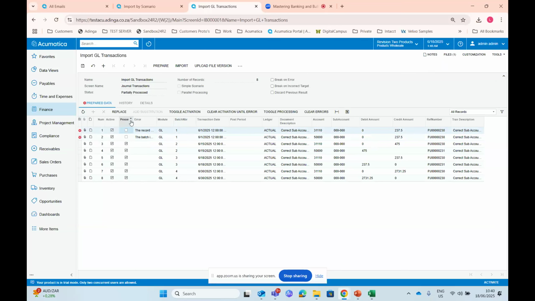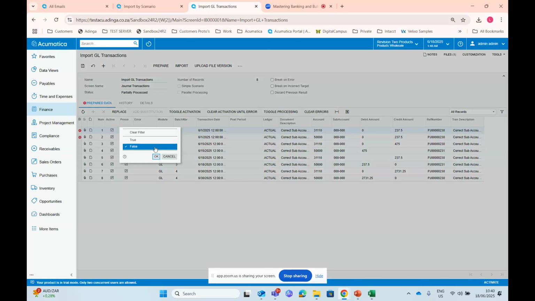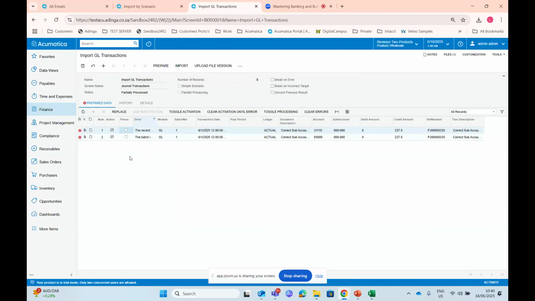So you can filter on all your errors. I can either say false for what has not been imported, or I can just say my errors is not empty. Okay, so I only get my errors. Then you can look at the screen here and say, okay, but what is the problem? Then you see, oh, okay, I've got a debit, I've got two credits there.